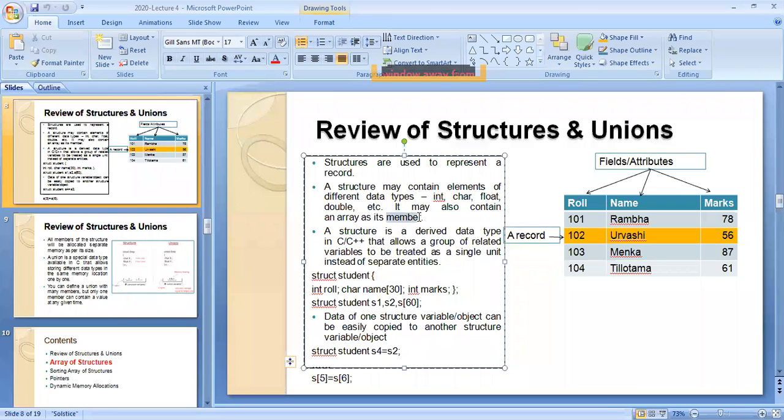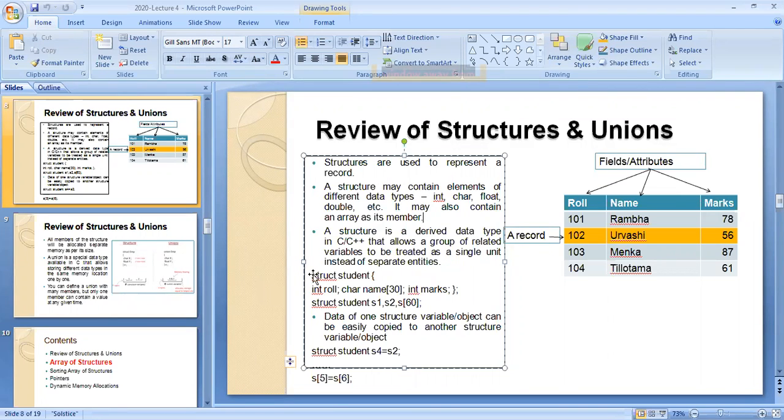Keep it in mind: a structure may contain elements, and those elements we consider as structure members. A structure is a derived data type that allows a group of related variables to be treated as a single unit. There will be a group, and inside that group there are so many variables of different data types. They are treated as a single unit instead of separate entities.